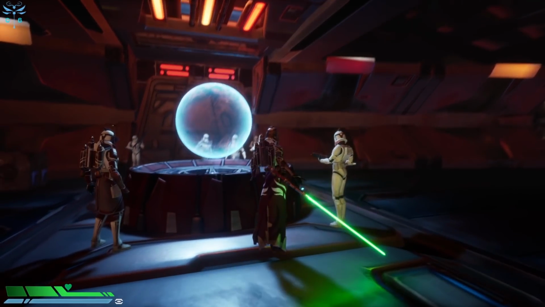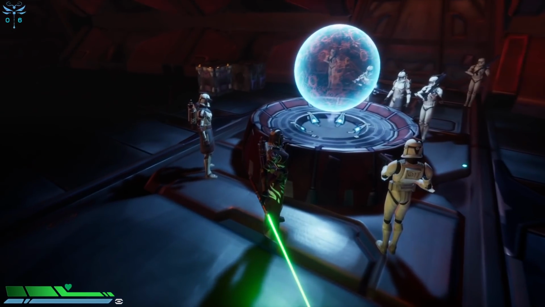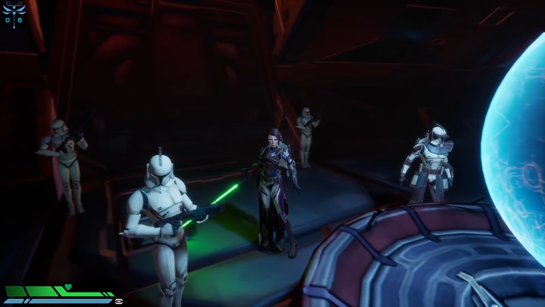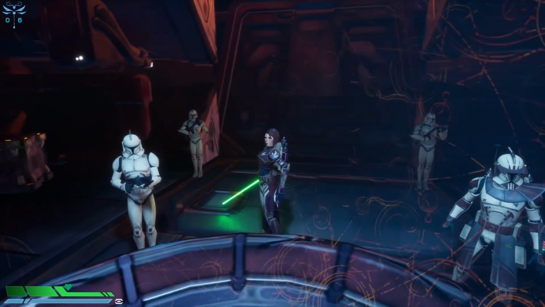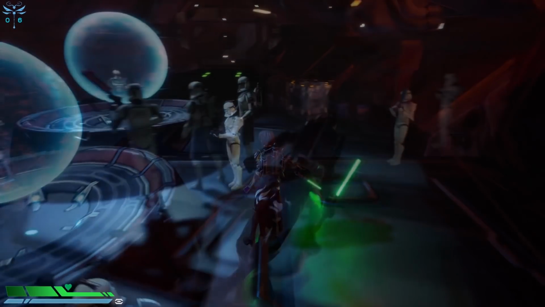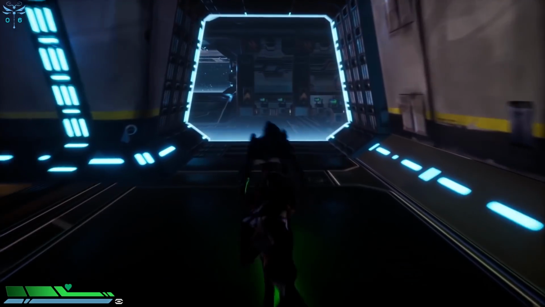And finally, the last level is Coruscant Space. Here we look like we're in some sort of building surrounded by other clone troopers. Unfortunately, you can't interact with them, but I do expect them to be useful in a future update. But after leaving the room through the doors and exploring the rest of the area, we can find things like